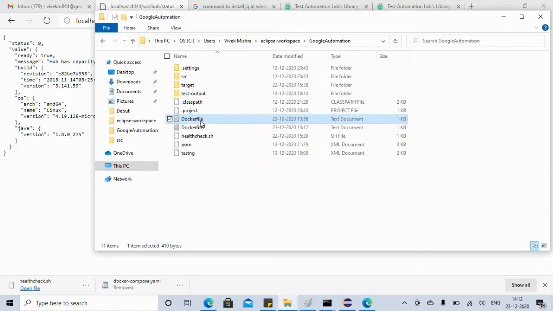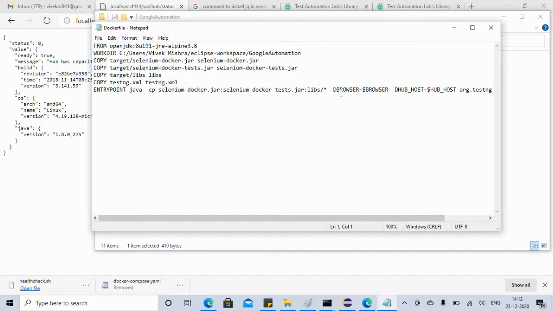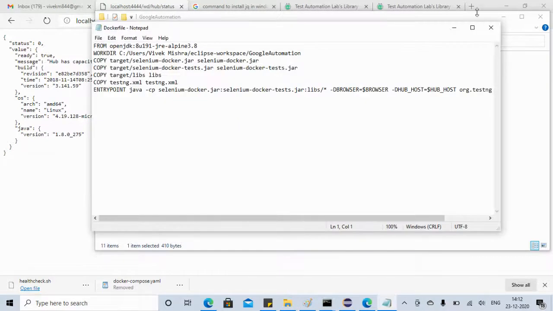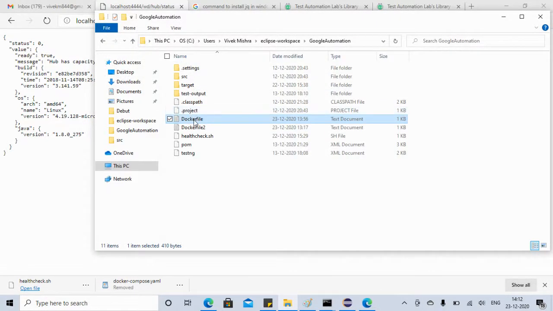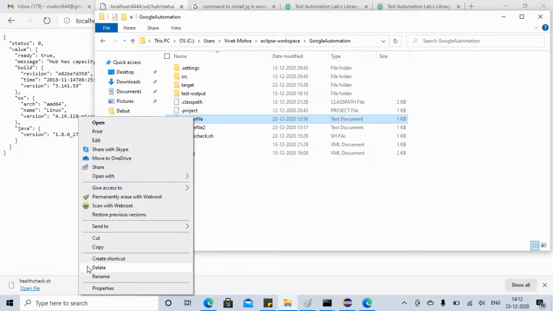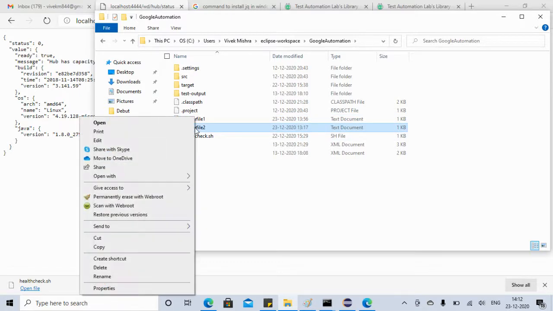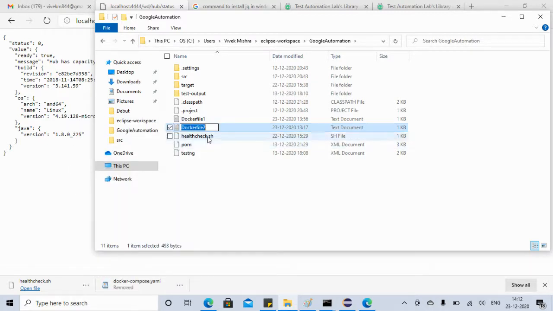We were using this Docker file to create the image till now, right? But now we are going to use just some modification in the Docker file. I will show you first. So let's rename this Docker file. This is the previous version of the Docker file. I'm just keeping one and two so that if I want to execute Docker file one, I don't have to make the changes every time. I'm renaming the new one to Docker file, because when we execute Docker build, we have to say Docker file.